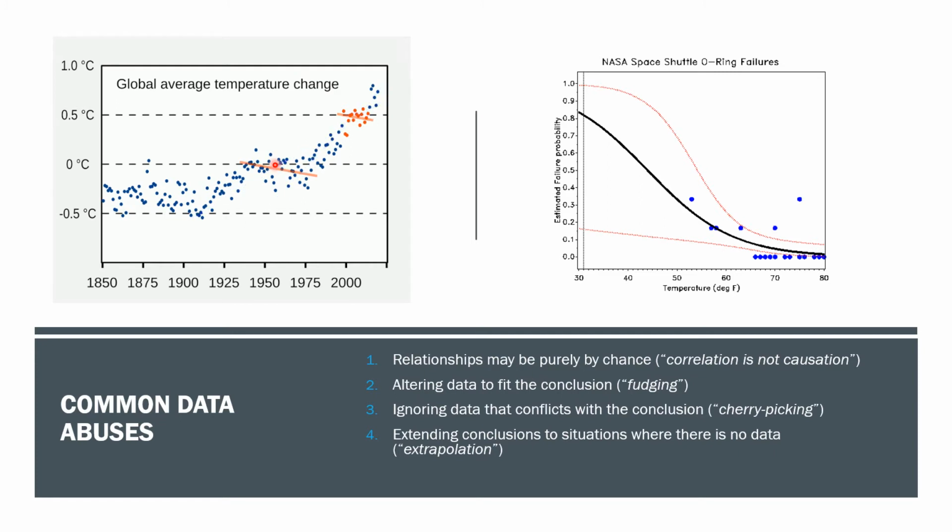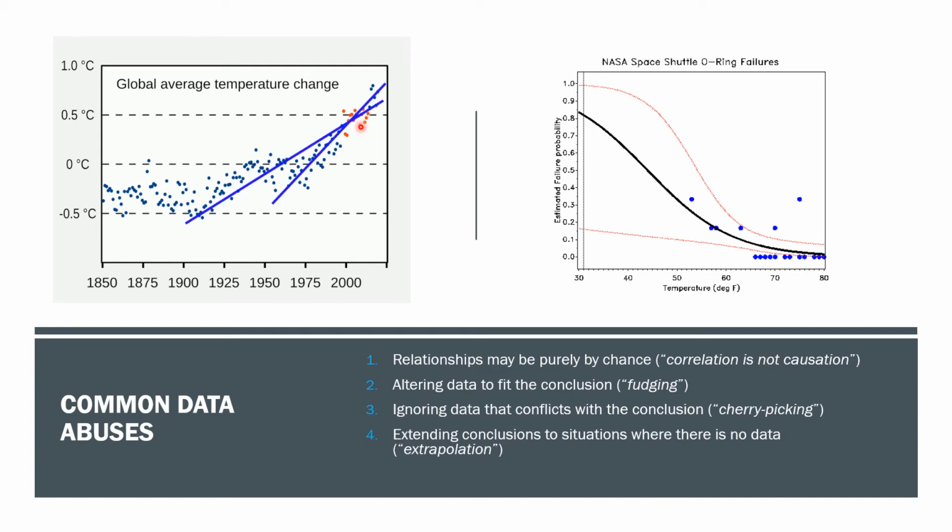But some have denied that the graph actually shows an upward trend. How can you do that? Because it shows an upward trend pretty plainly. Well, what they'll do is they'll pick only data that shows a downward trend. So they'll pick this data in here, or they'll pick this data in red here, which when you fit a line to it will show a downward trend.